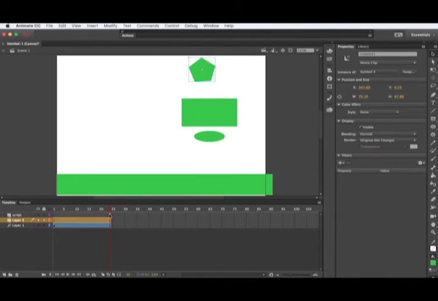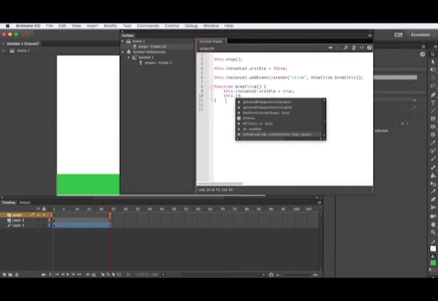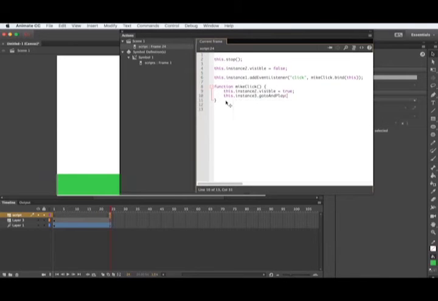So if I go back to the main scene here and turn on actions, on the next line I could say, and now I'm targeting instance3's timeline, the child. So if I go this.instance3.gotoAndPlay(2), it's going to target instance3's timeline. That's the child. If I left this out and said this.gotoAndPlay(2), it would target the main scene that we're looking at here. It would just jump to frame 2 and go. Well, we don't want that. We want to target